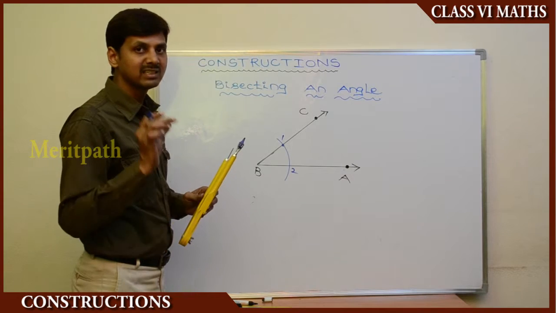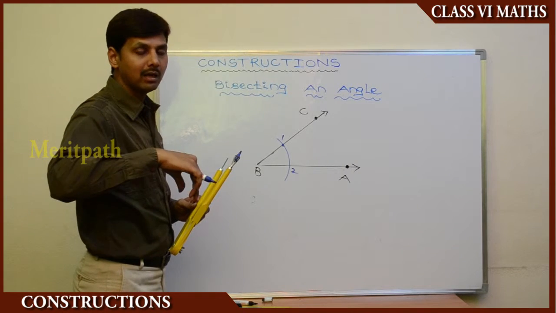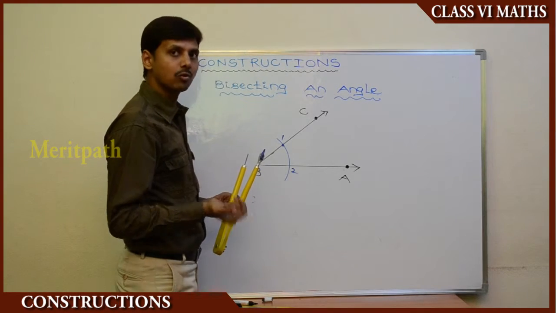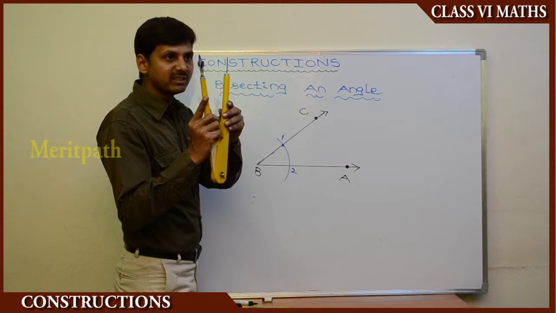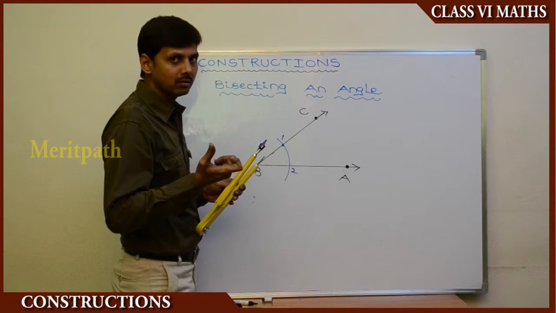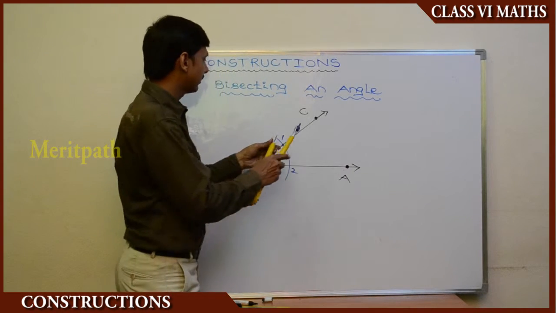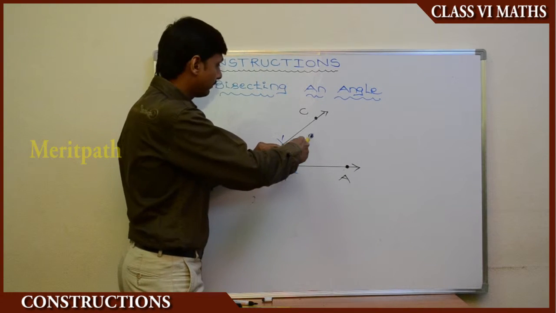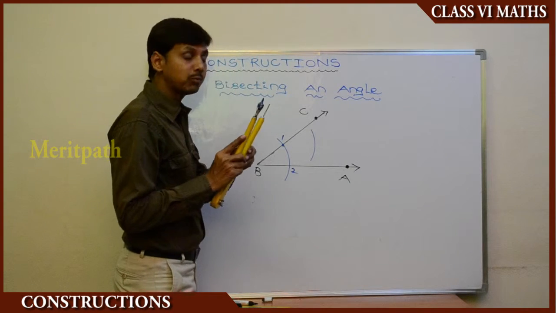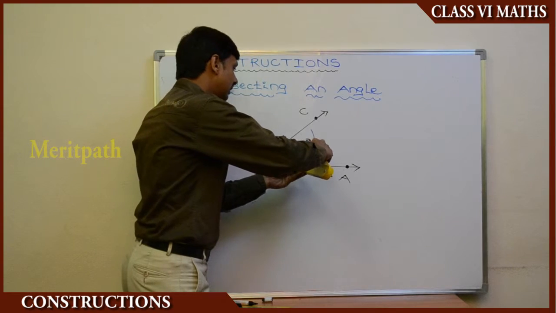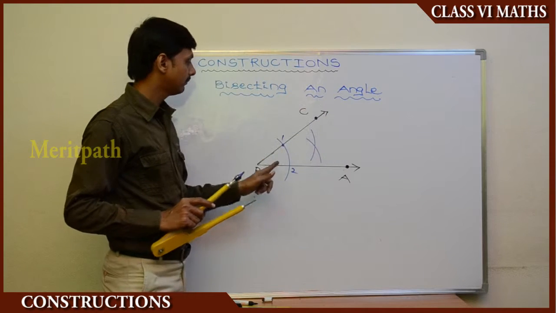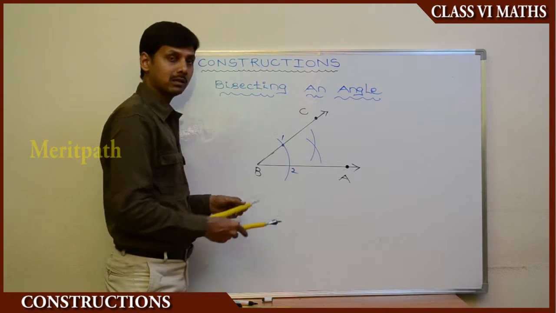Using these points 1 and 2, we'll make another arcs. With a convenient radius, or with the same radius also we can make it. We can use the same radius or change the radius, but it must be constant. So using the same radius and point 1, make an arc here inside the angle. Now with point 2, cut this arc. Let's recall again. We constructed an angle ABC. Using vertex B, we made an arc. We took 1 and 2.